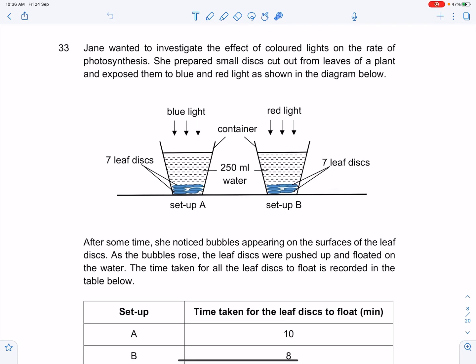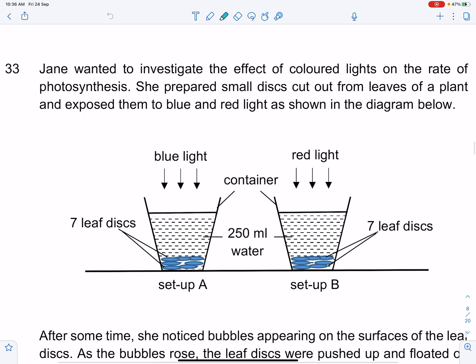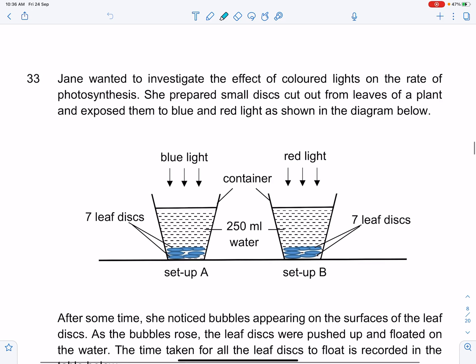Alright, question 33. Jane wanted to investigate the effect of colored lights on the rate of photosynthesis. So, no need to see already. First up, when it's an experimental question, always remember concepts from your experimental answering technique booklets, which is very important. So the first thing I always tell you all to do is to look at what is your change variable and what is your measured variable. Okay, so in this case, your change variable would be your colored lights, and your measured variable is your rate